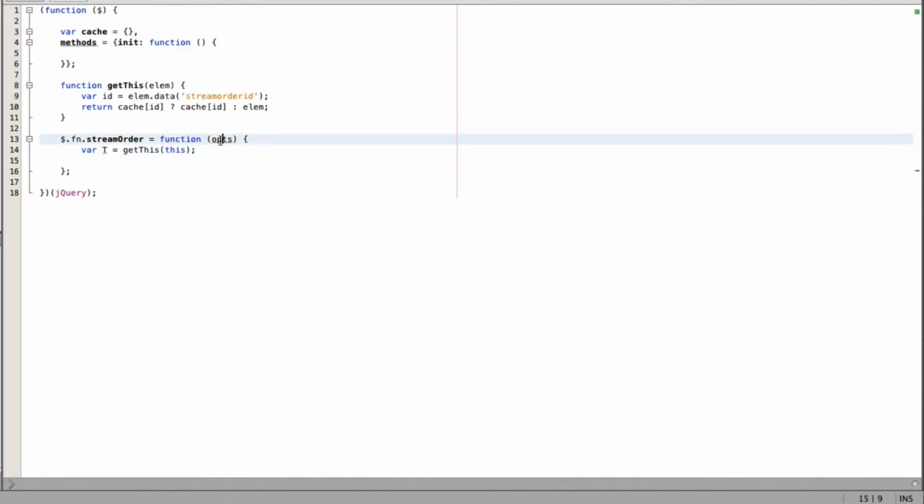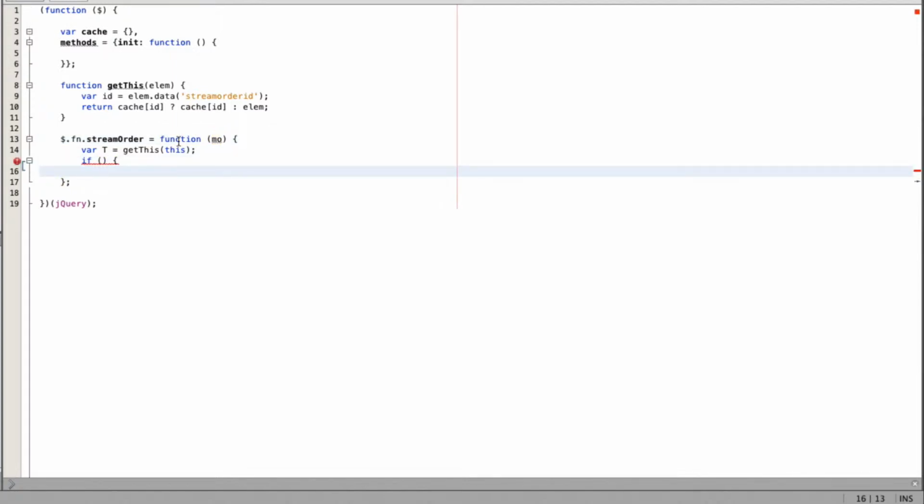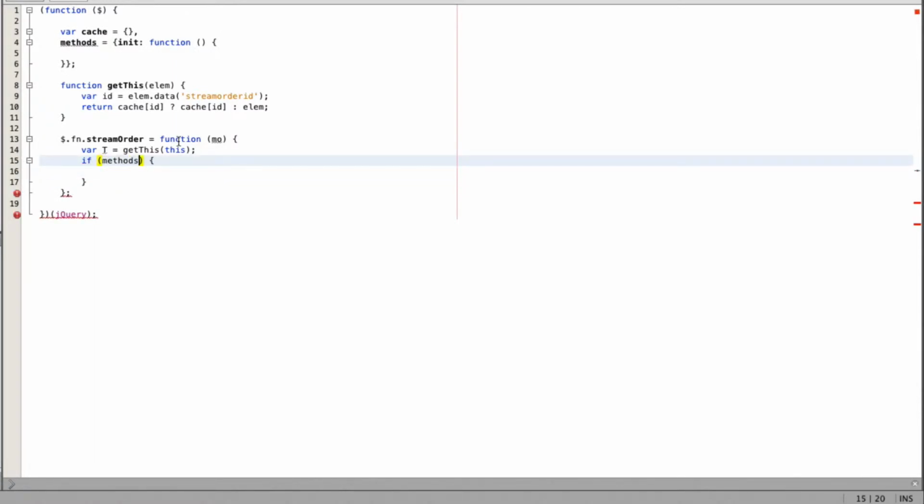And now we're going to change this from options to method or options. In fact, we know what it means, so I'm just going to call it MO just for typing sake. So if methods MO,